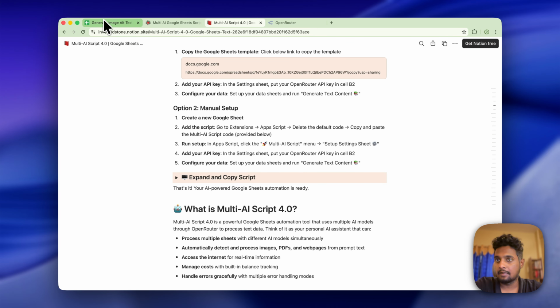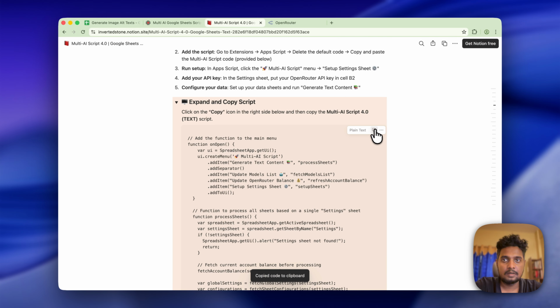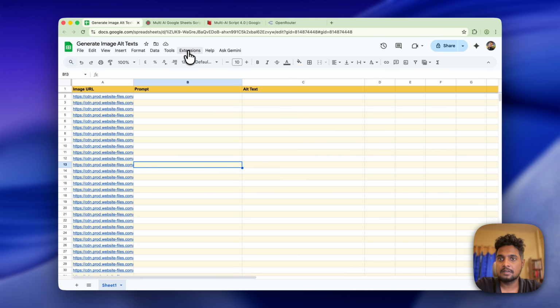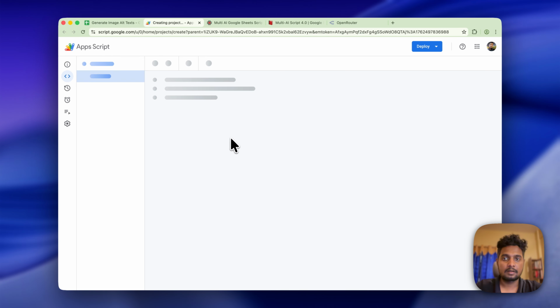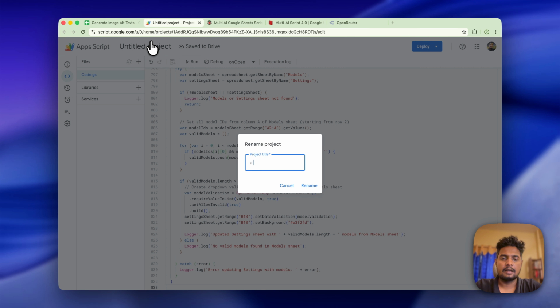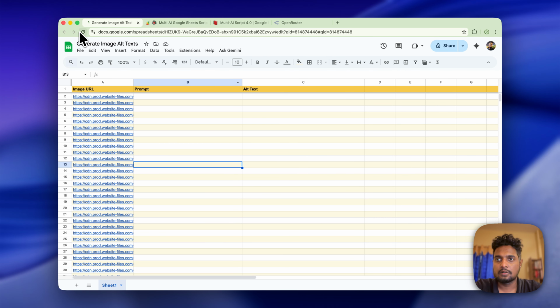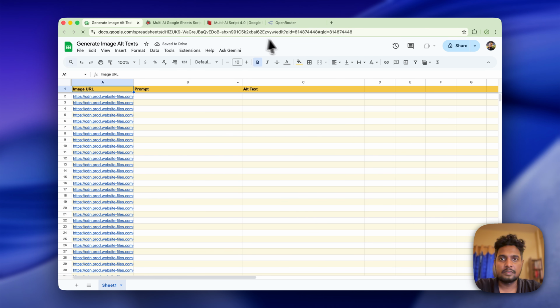You already have a Google Sheets, you get the script, copy from here, and then go to Google Sheets, go to extensions, app script, and then just paste the script and save it. Yes, pasted it and then saved it. Maybe name it something like alt text, right? And then you're done. You can just reload your Google Sheets and you will see a new menu item here,